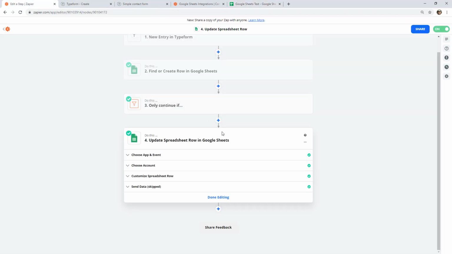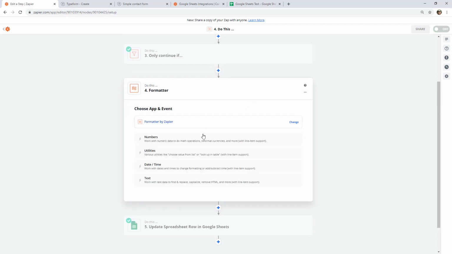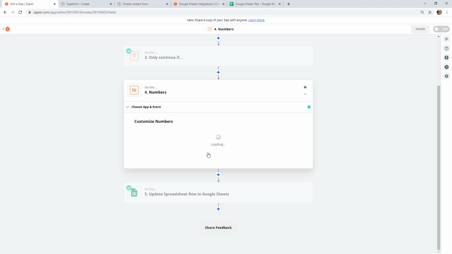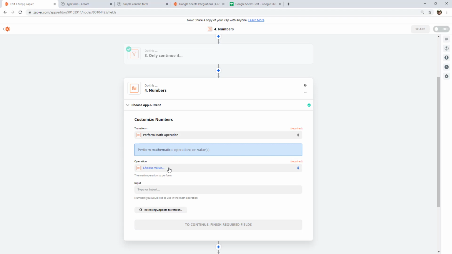You would need to create a new step in Zapier here called Formatter, and use numbers to basically add to the row. So we are going to perform a math operation and basically add the number 1 to the number that came out of the row previously, but I know we're getting a little bit beyond Google Sheets here,